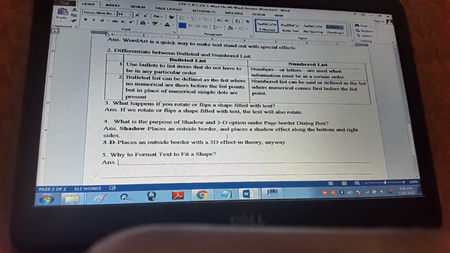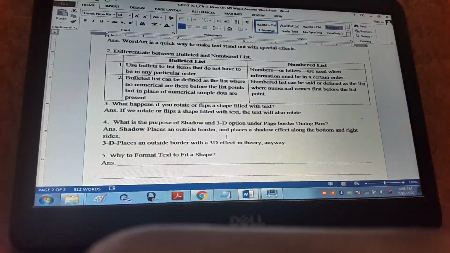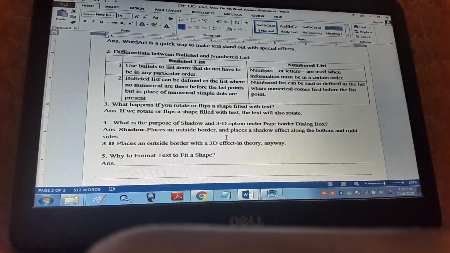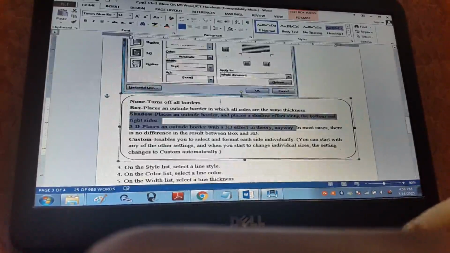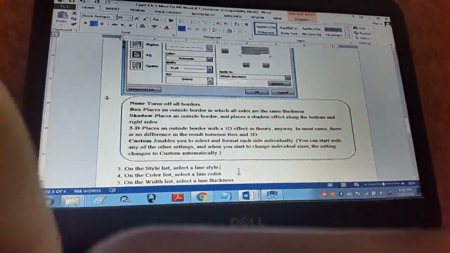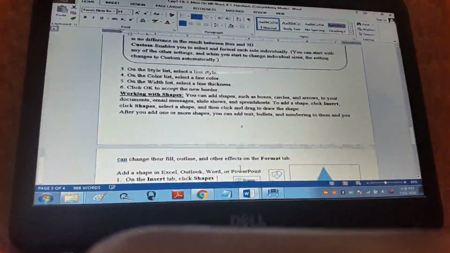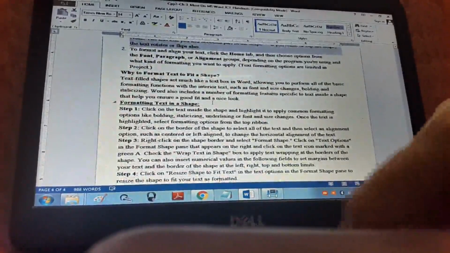Why format text to fit in a shape? See children, this is also given in your handouts. Let's check here. Why format shape?